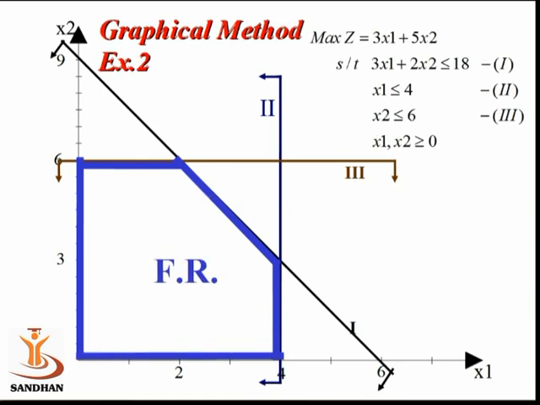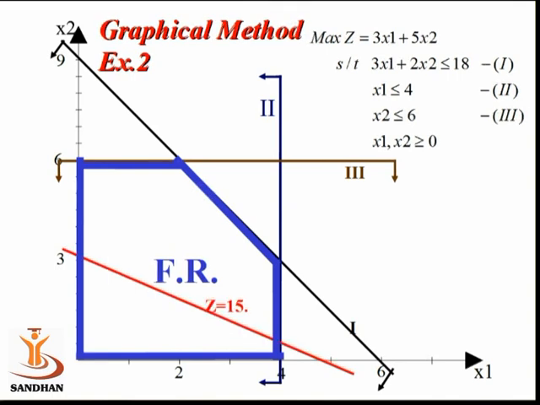If I wanted to use the extreme point method, you can observe that here again we are going to have 5 corners. We will calculate the coordinates and obtain the value of z, and out of all possible values, wherever z is maximum, we will conclude that as our answer. But here we wanted to solve this example using the isoprofit line.